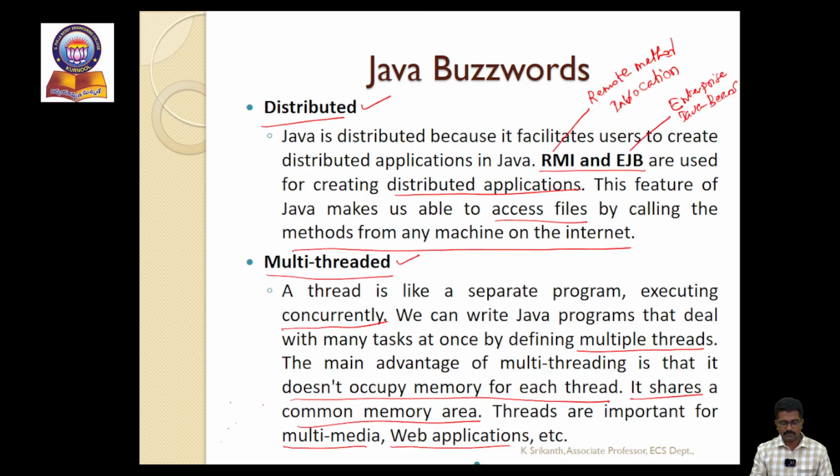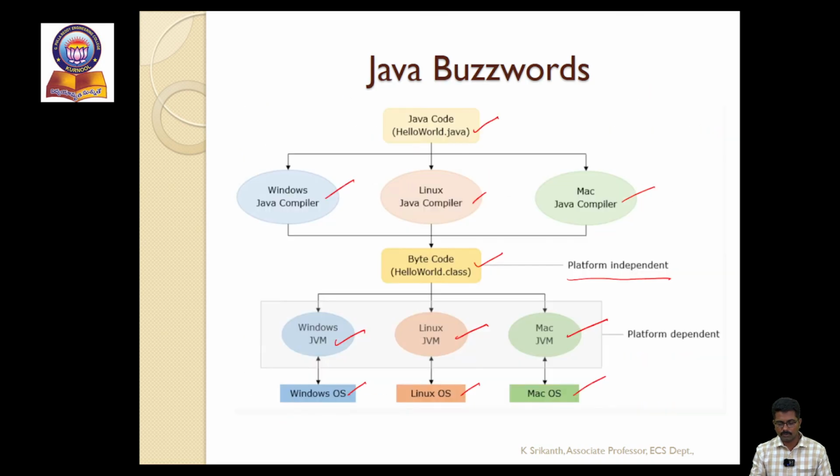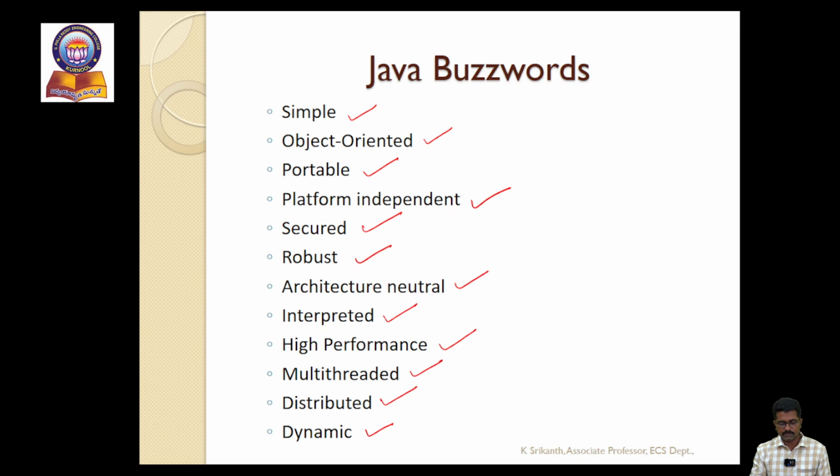I just revised what we discussed in today's video. We wanted to know the features of Java language which make the language very popular. These are the different features. The language is simple because it copies the syntax of C or C++, there are no pointers in the language, and automatic garbage collection is done. When it comes to the object-oriented feature, it supports object-oriented concepts like class, object, inheritance, polymorphism, encapsulation, and abstraction.